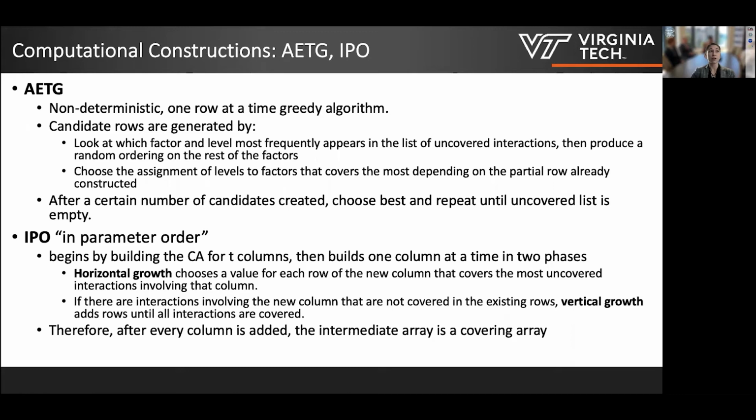ATEAGE is non-deterministic. It builds one row at a time, and it's a greedy algorithm. Candidate rows are generated by looking at which factor and level most frequently appears in the list of uncovered interactions, and then it produces a random ordering on the rest of the factors. It chooses an assignment of levels to the factors that covers the most, depending on the partial row already constructed. And then after a certain number of candidates have been created, it chooses the best one and repeats until the